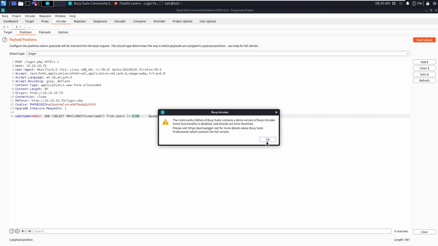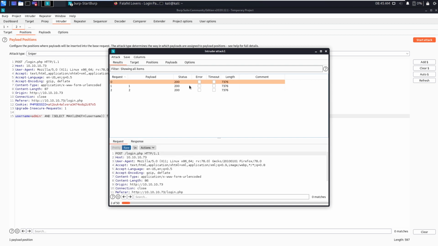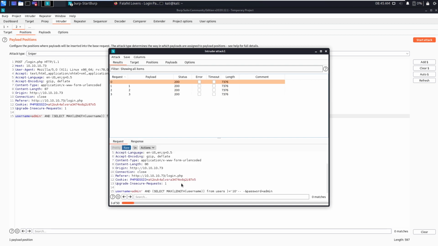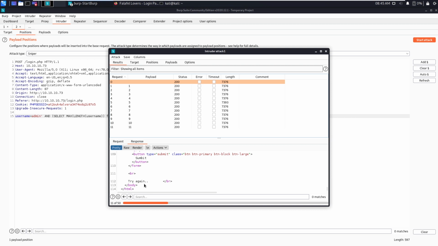Start attack. The default payload is this one, with the 10. We got the response as try again, as a false error, right? If there is a correct one, we get wrong identification admin. So the characters in the true response are greater than in the false response. So you can sort in descending order.